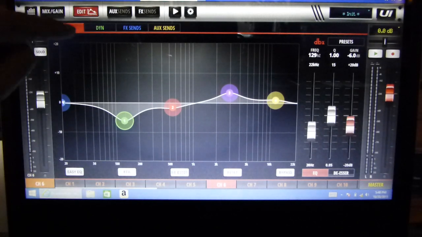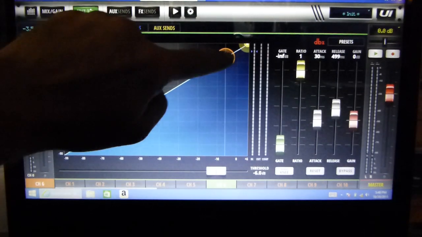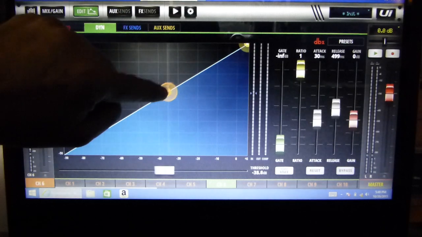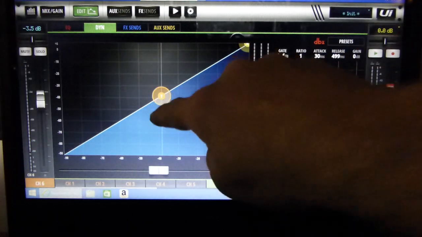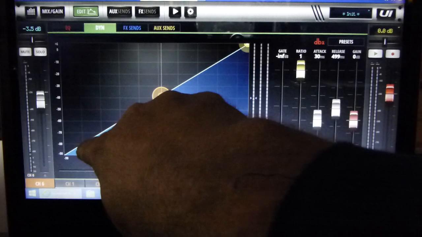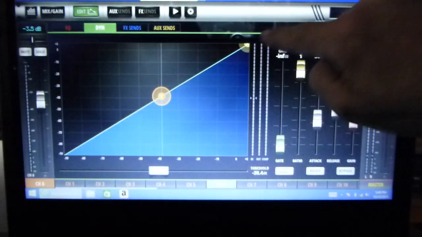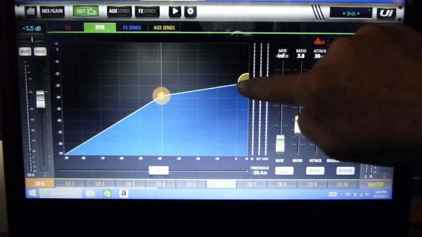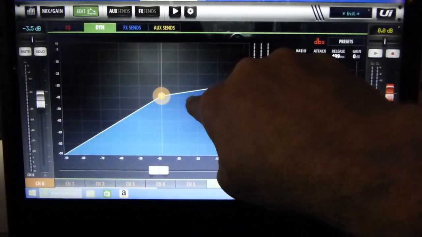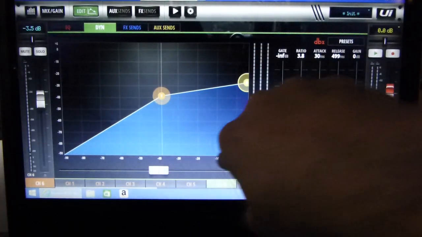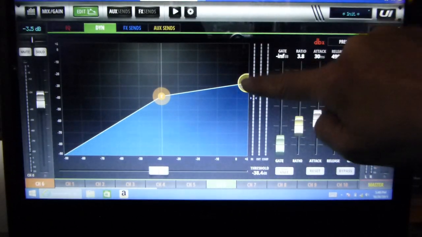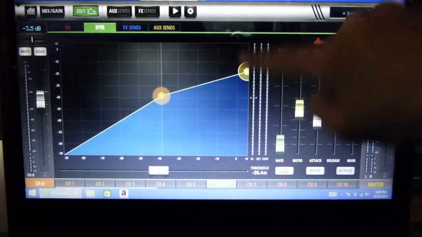You come over here, Dynamics, this is your compressor, and you can grab your compressor limit, so this is where the threshold will be. And at this point it wants to know what you're going to do. As you see a dot going up and down this threshold, that's your volume control. This is your ratio. So when the gain gets up to this point, it will kill it. As the volume goes up here, instead of letting the volume get all the way up to here, it will bring it down to here. So this is how you control your